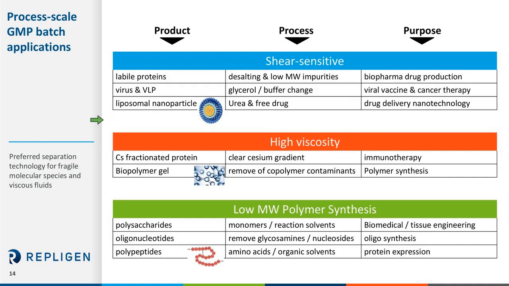So after looking at that model, then what you need to do is consider what applications this would be most suitable for. Well, it's really where filtration fails. And those are specifically going to be in shear sensitive products where they cannot handle the pressures and the stresses of pumping or filtering over a membrane. Some of the examples would be labile proteins, as in the case of the model I just explained, where you want to remove salts or low molecular weight impurities. This would be done for drug manufacturing.